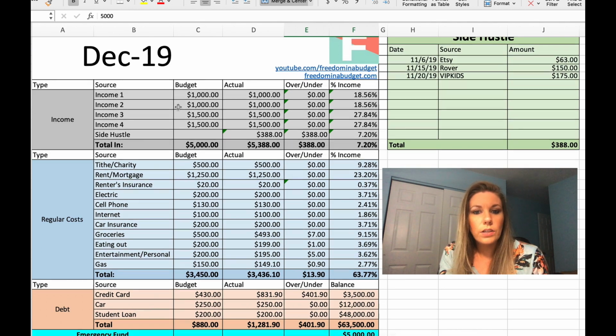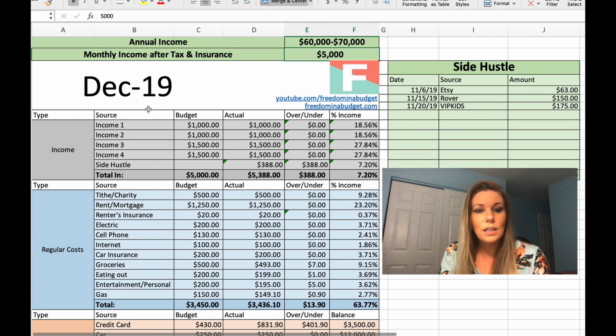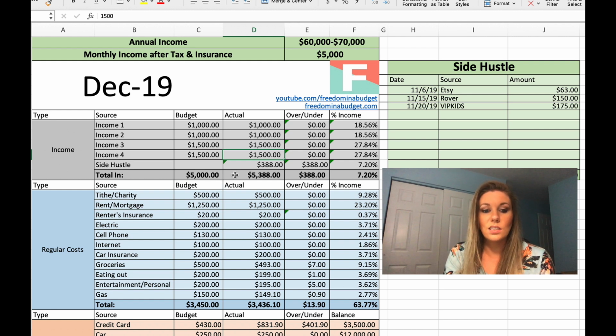So we have some breakdown here of income. We're going to assume that this is for two different people here, so a two-income family, and they each receive two paychecks. One person is receiving $1,000 every paycheck, and then the other person is taking home $1,500, which will equal out to $5,000. But this family also has a side hustle,